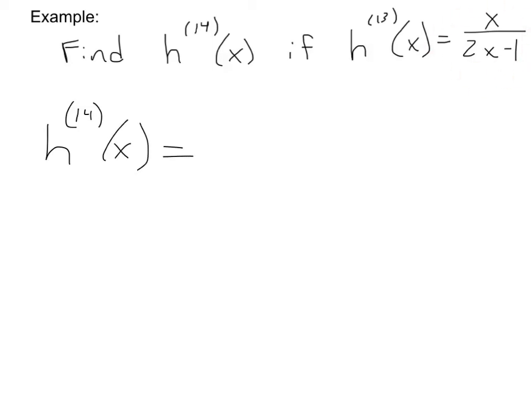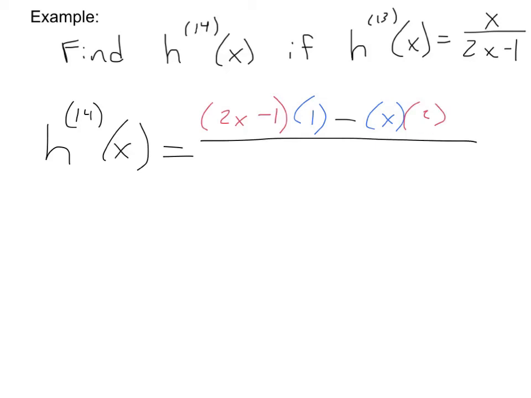Now, this really is just an excuse for me to get you to practice the quotient rule again and to recognize this stuff about higher order derivatives. So pause the video, work through this one on your own, and I really want you to carefully work through simplifying that. So do that now. So I have low d high minus high d low, square the bottom,